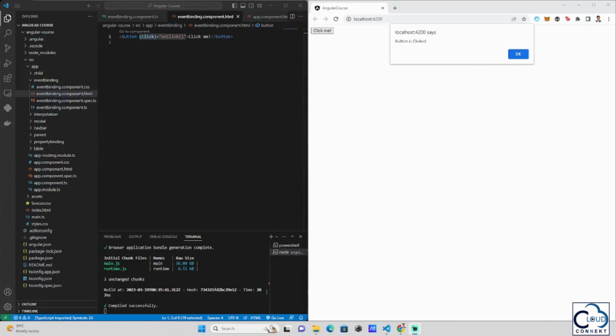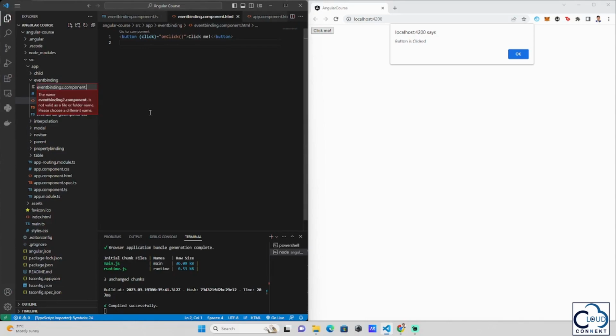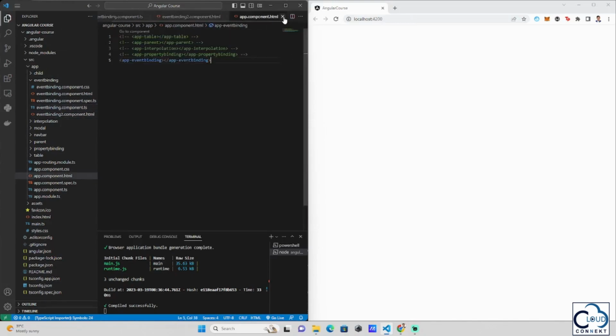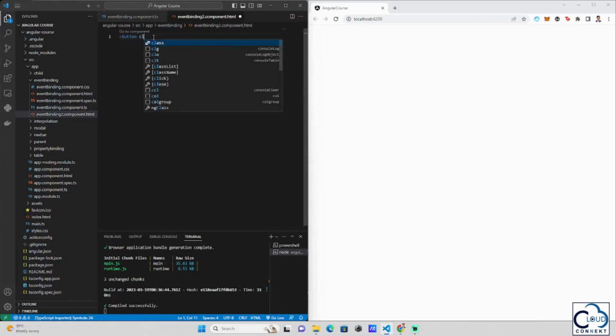Okay, for our next example, I'm gonna create another HTML template. So let's name it event-binding-two.component.html. And inside our TypeScript file, I will add two here, and then it's gonna be a different page in our web. And then afterwards, inside our event-binding-two.component.html, we're gonna create a button element